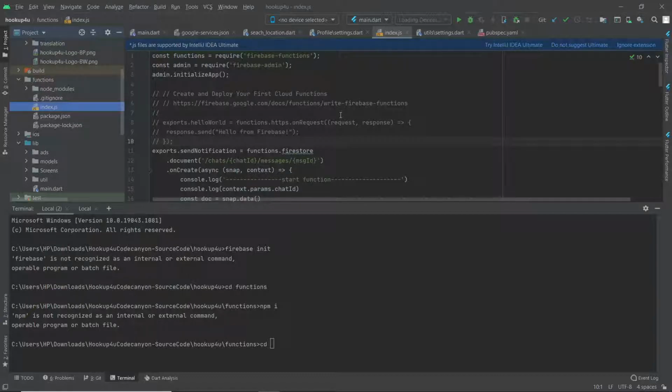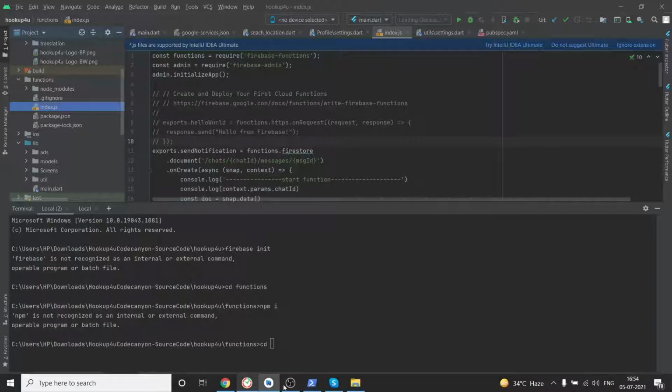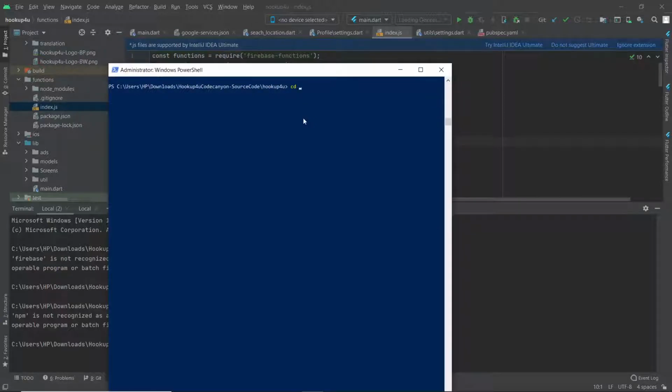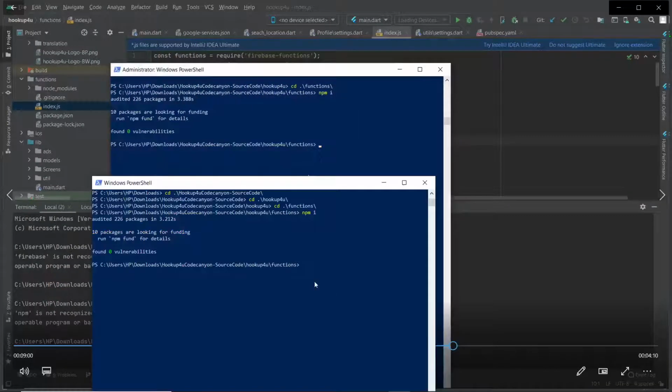After replacing the index.js file, you need to open a terminal with admin privileges. I have opened PowerShell, and now you need to navigate to the functions folder. Now after navigating to the functions folder, just type npm i. It will take a few seconds. Once you have successfully run the npm i command, then make sure to go back